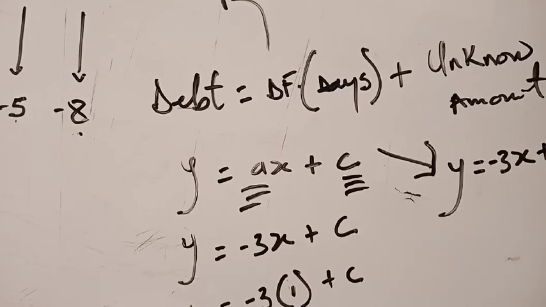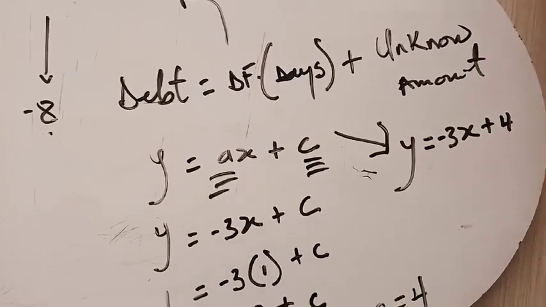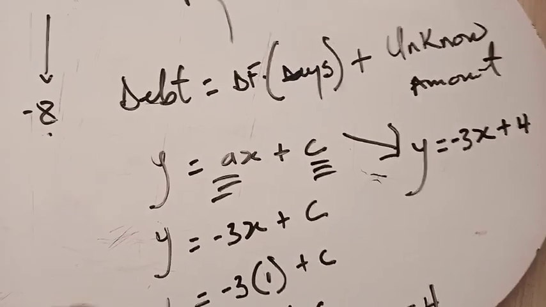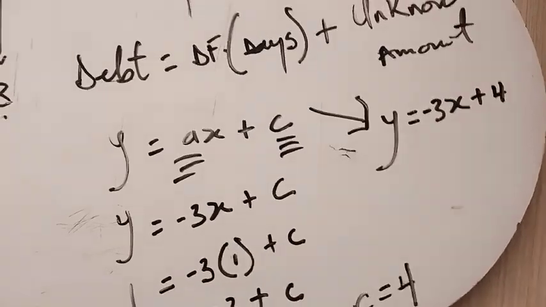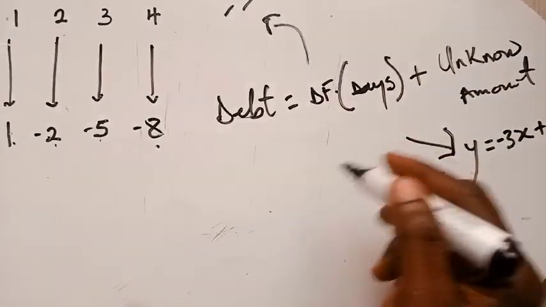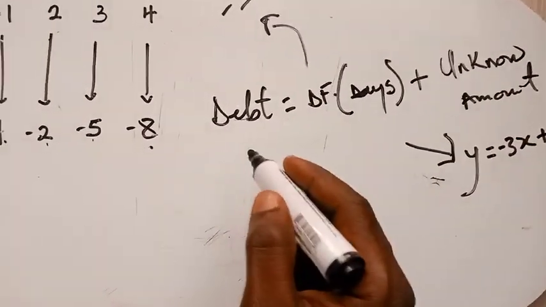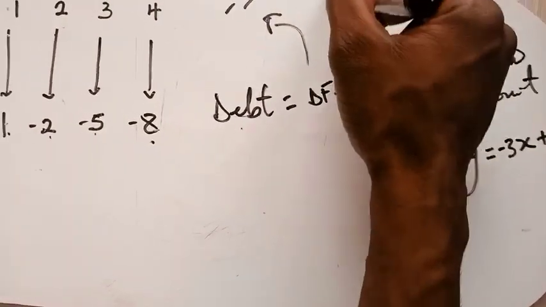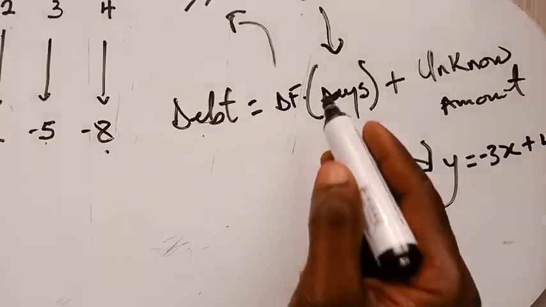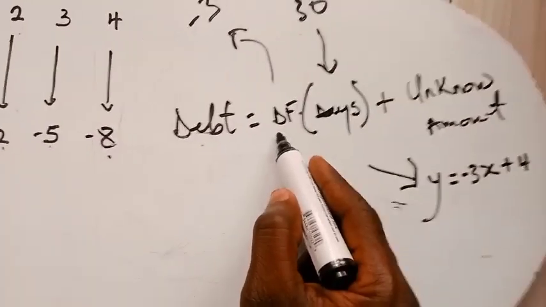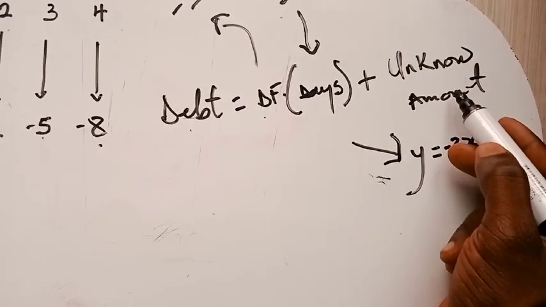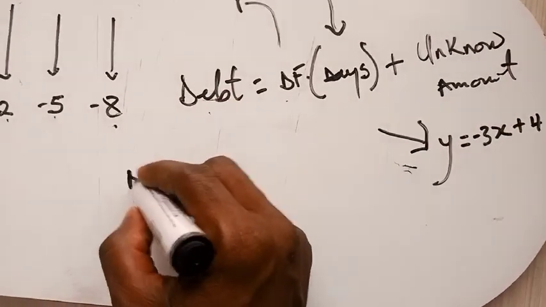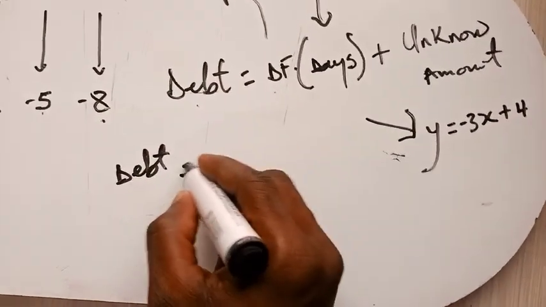right? And then plus 4. Now back to the question: on the 30th day, what will be our debt or discount? Let's try and check that. Now let's answer the question here. So the debt is what we are looking for, on the 30th day. Is that okay? So the day is going to be the 30th day. We know the difference, and then we know this particular value also already. So the debt is going to be equal to